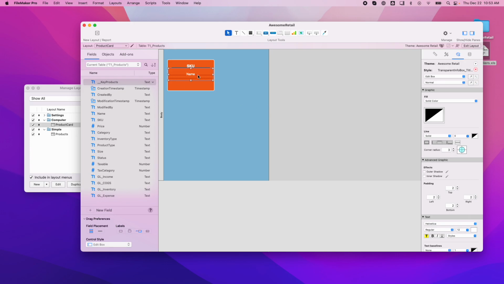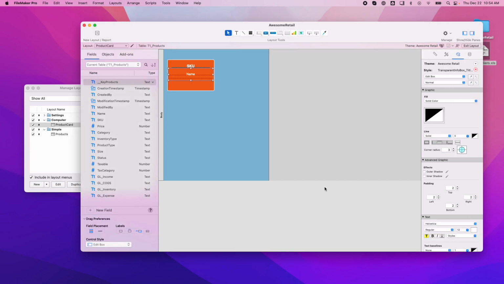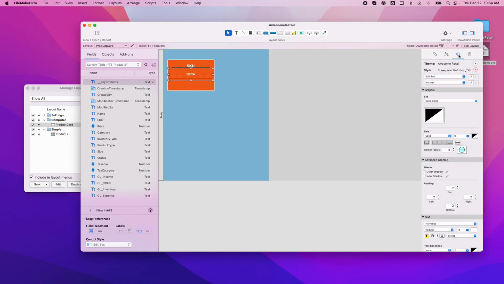But again, I've changed my style. So I'm going to change this. I am going to save a new style. And it's going to be, oh, what did I call the other one? Cancel. I'm going to look up what that other one was. I can't highlight the text. If it's transparent info box, title white, I'm going to change this to